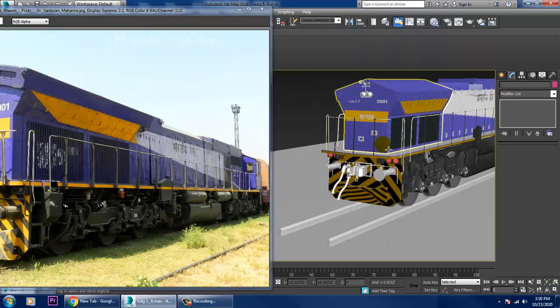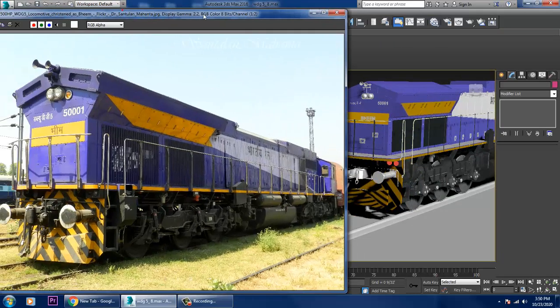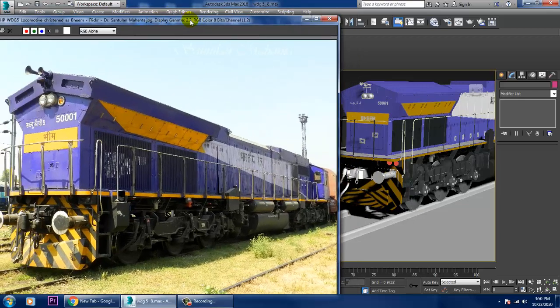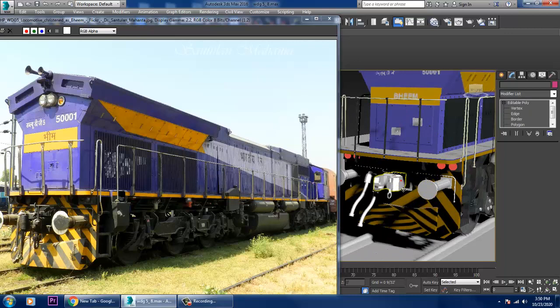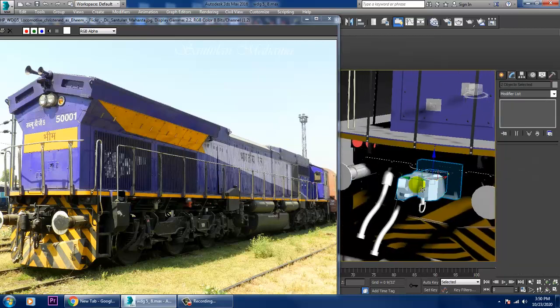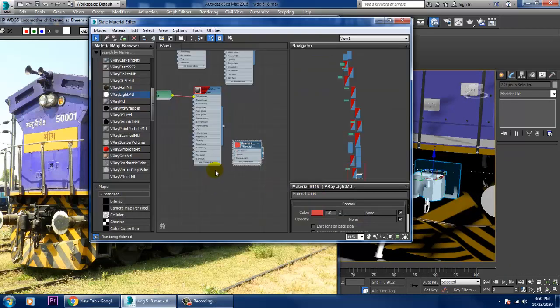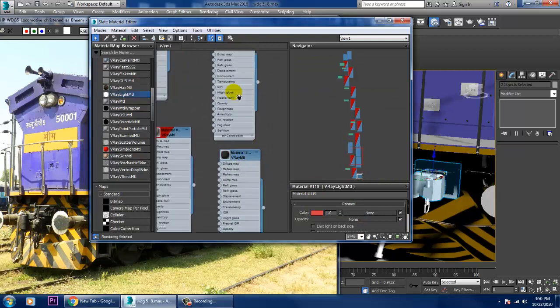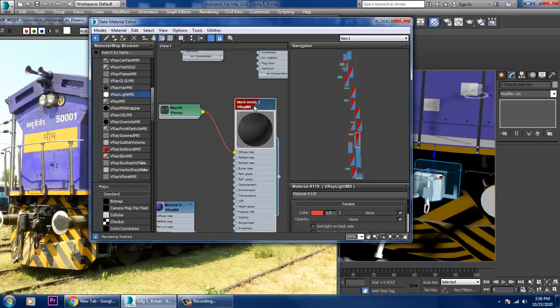That's it. So it looks much better over here. This part will also get that metallic black color metallic. Mostly for all of this we'll be utilizing the same.